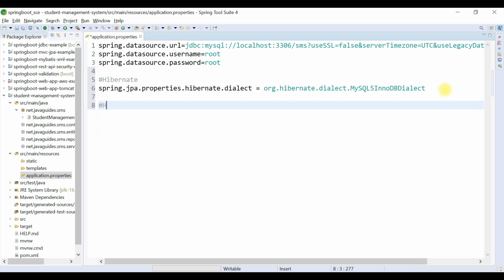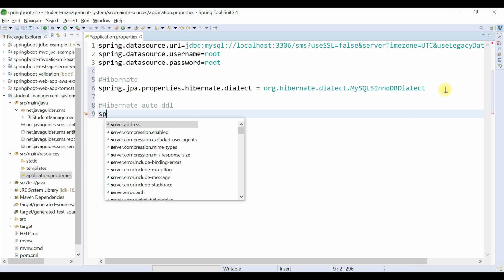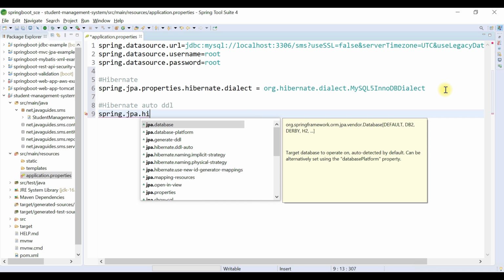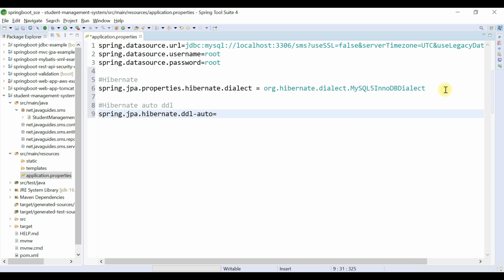Similarly, let's add one more Hibernate property, that is auto DDL. We are going to generate our database tables automatically by using the Hibernate feature. So let's configure that property here, spring.jpa.hibernate.ddl-auto.